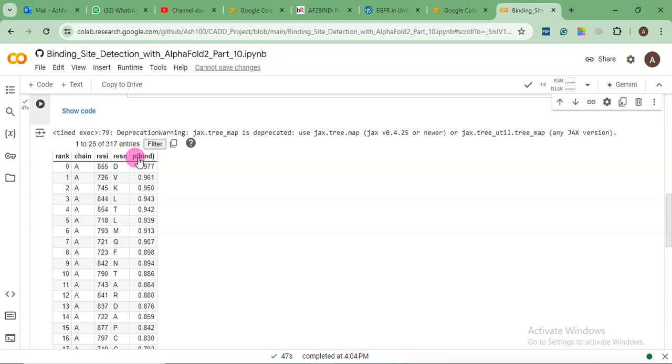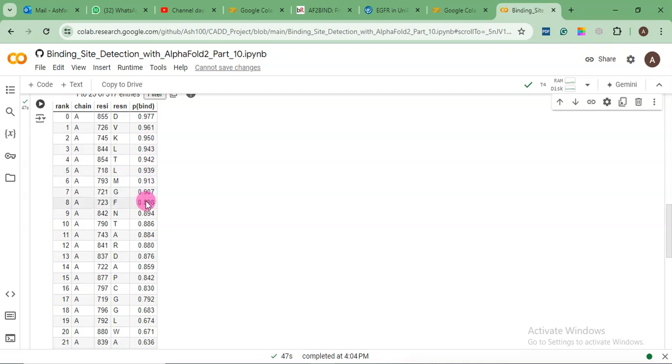This is P-bind. P-bind is simply a probability of binding. So 0.977 means 97% or 97.7% or roughly 98%. So it's a very high score, 0.97. So it means you can decide this residue is a true positive value. Okay, coming down,